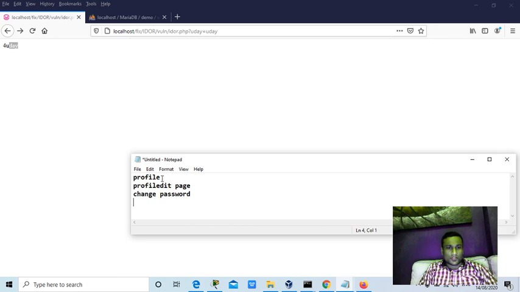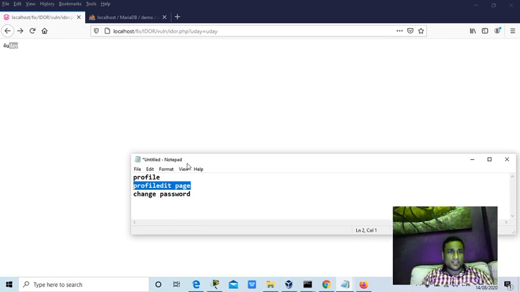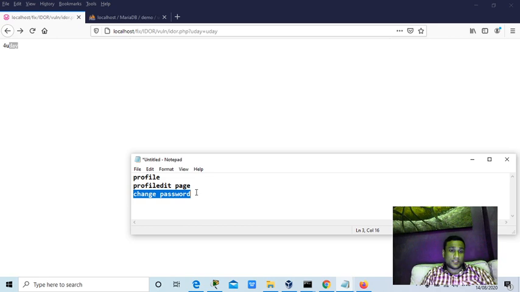Now let's talk about the scenarios. The profile page is for viewing, right? On the profile edit page, sometimes when you want to change your first name, last name, or email address, if it is passing ID equal to 1, you need to change it to ID equal to 2 and see whether other users' profile details are getting changed or not. That could be a severe issue. The third one could also be a severe issue, guys: the change password page, because I found this more than 10 times in my career at least.